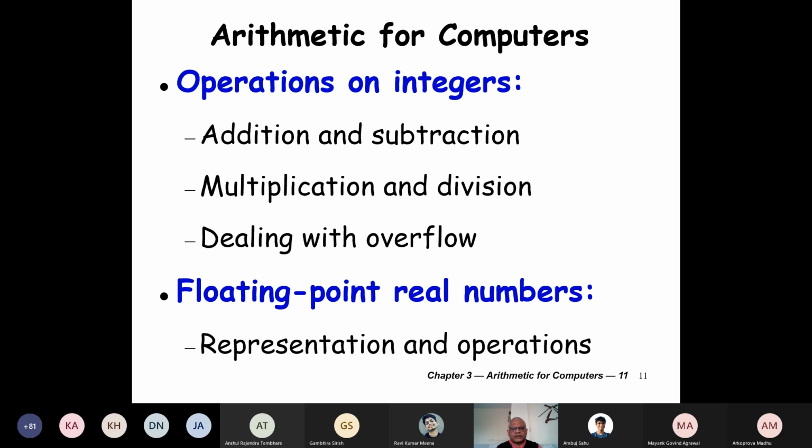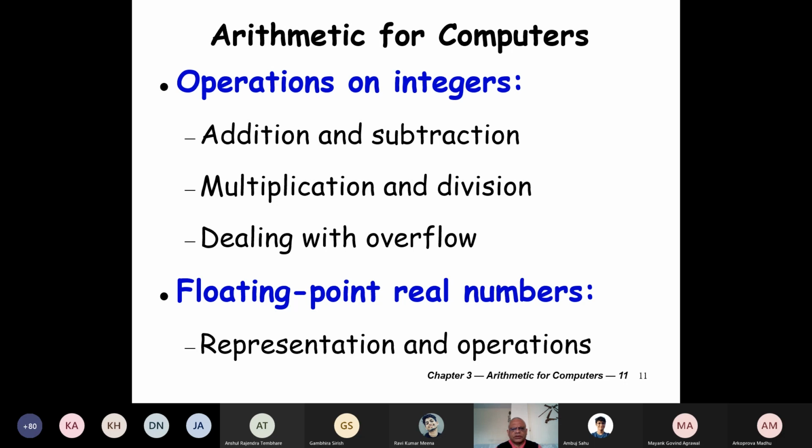Now, in the arithmetic of computers, we'll first discuss the operations on integers and how to achieve them. Addition and subtraction, multiplication and division, and also whenever there is an overflow during the operation, we will see what to do about that.